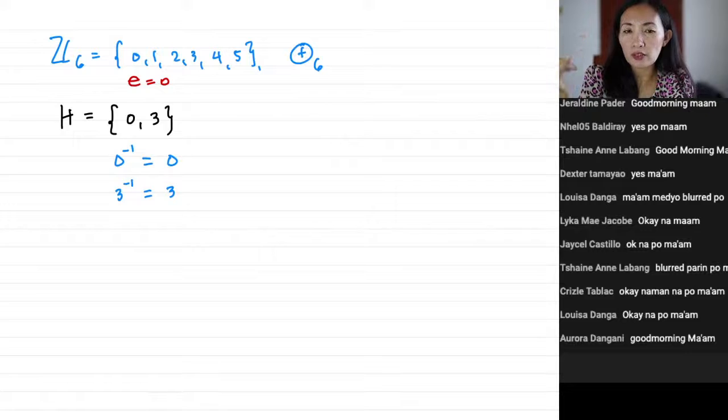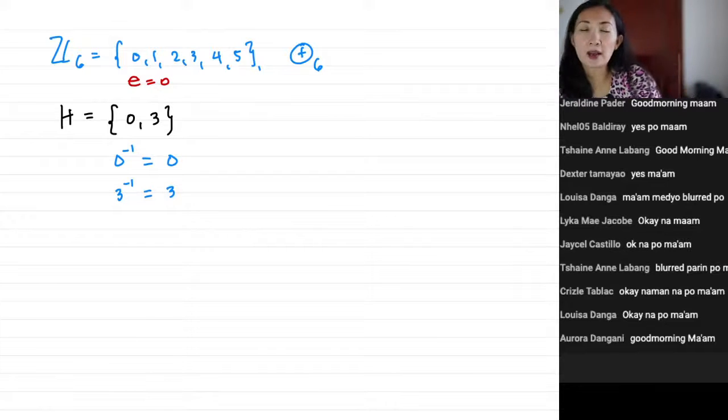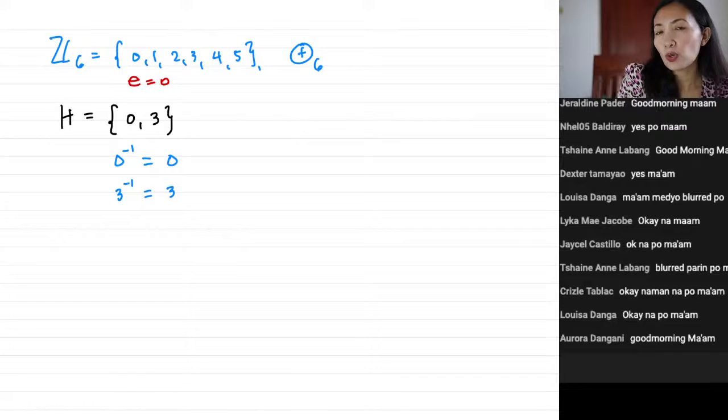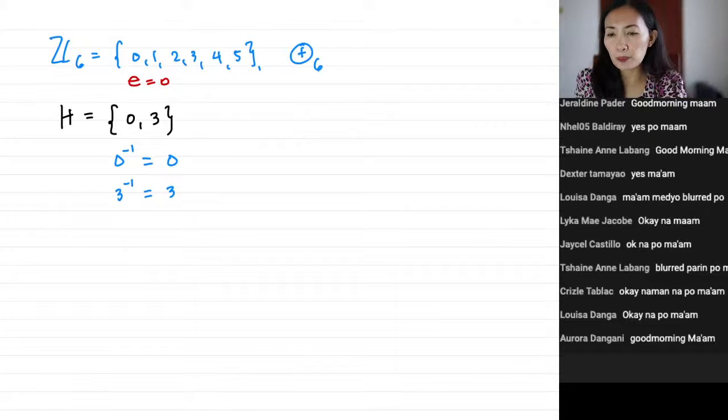Closure, associativity, existence of the identity element, and every element of H has an inverse. And the inverse is contained in H. Therefore, this is a subgroup. This is a subgroup of Z sub 6. So the question is, how do we identify the subgroup? Okay? So, to identify the subgroups, we